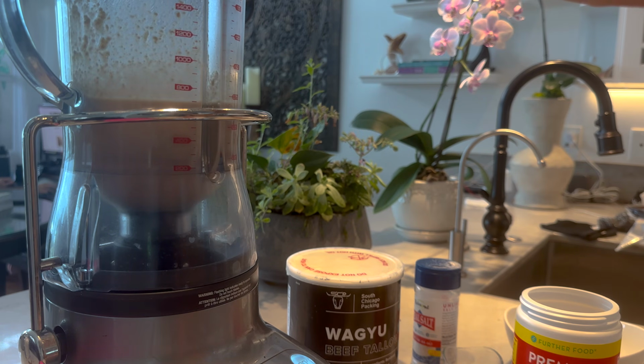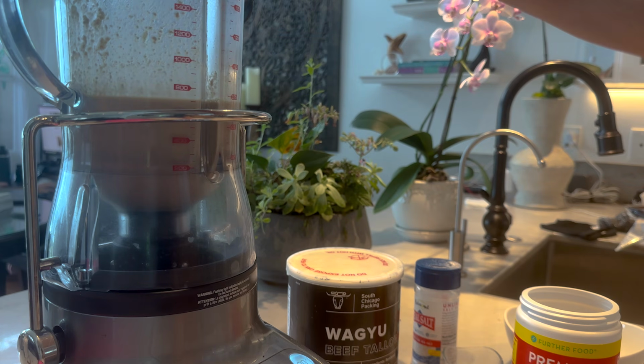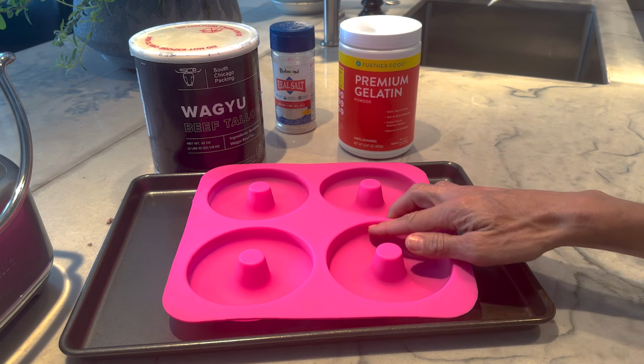This is a Breville Blue. Is it called a Blucer, Craig? Weird. I got it from Halle Berry's when I did the thing with her, but puree it up until it's a nice thick dough. All right, now that it's nice and thick, this is the donut pan,